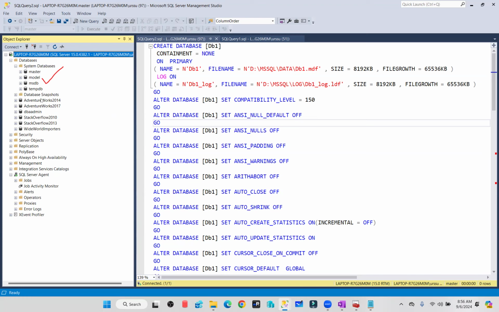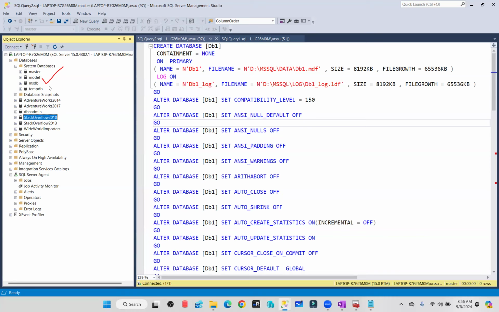You need to create the database. Then only users will start creating and loading data into the database. Maybe this database belongs to personal loan, this one to car loan, this one to home loan, this one to health insurance. You need to create databases to store the respective data in that instance, correct? So how will you create a database without the model database? No, sir. Master,